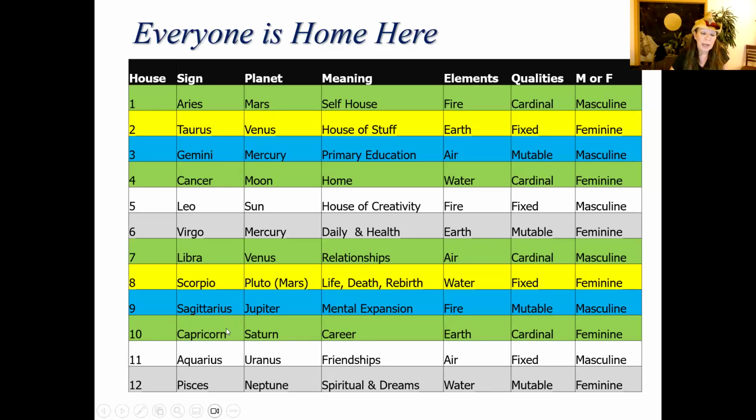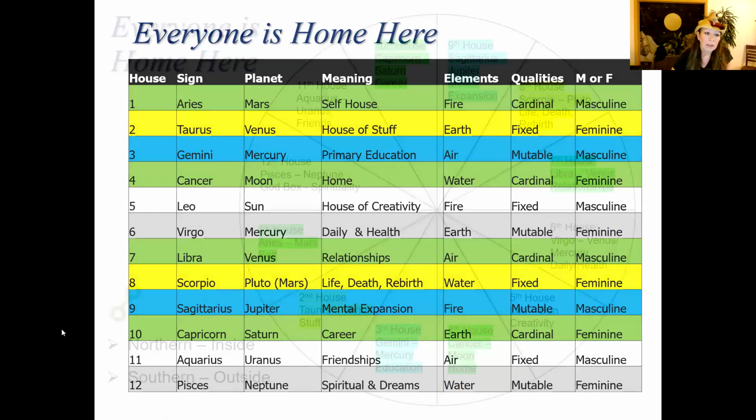You have the Cancer and Capricorn opposition. They understand each other through certain things, but they come at it from different ways. So the Cancer, the moon, the fourth house, you're at home, water sign, cardinal, feminine. And down here you have Capricorn, career, earth sign. Once again, water and earth, air and fire, water and earth, air and fire. Those are the only two kinds of oppositions you can have. But now these are both cardinal. So, oh, Cancers and Capricorns understand each other because we both bring something to the table. We both start something and we're both feminine.